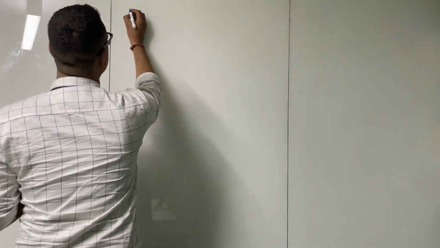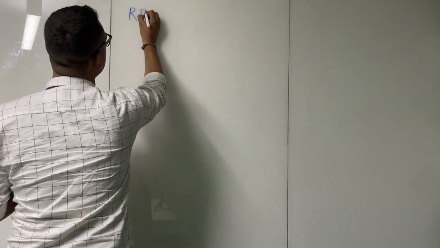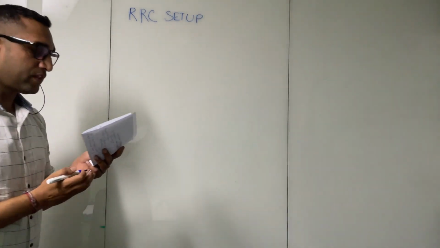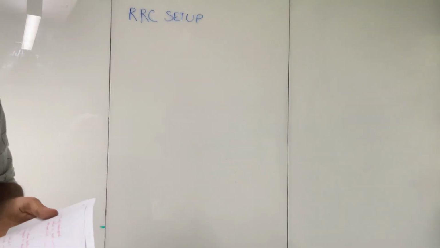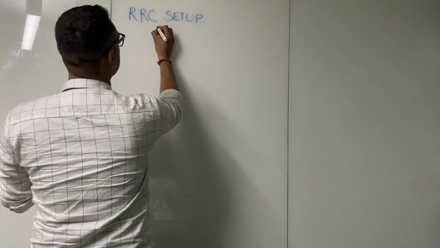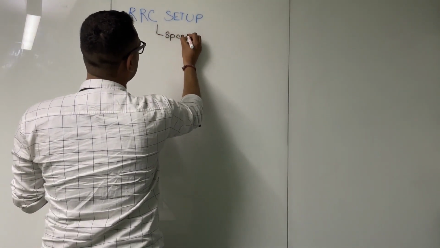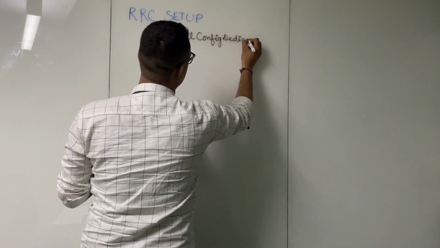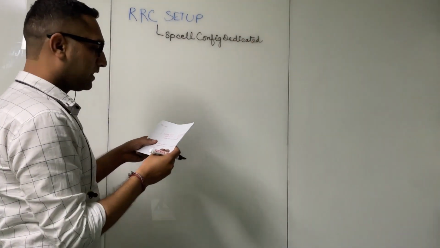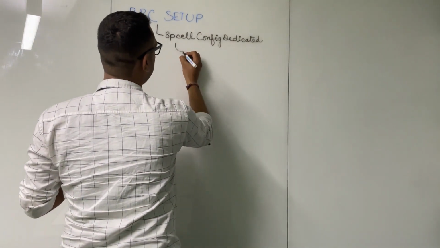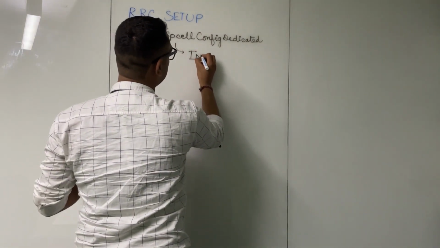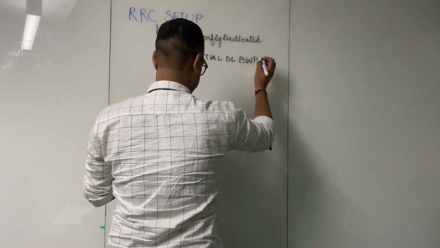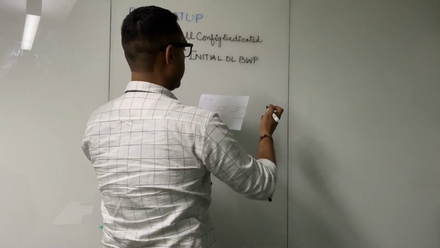So in RRC setup, we are studying for SA mode first of all. In RRC setup, there is something called SP cell config dedicated part. In that we have one thing called initial DL BWP. Initial DL BWP contains a few things called